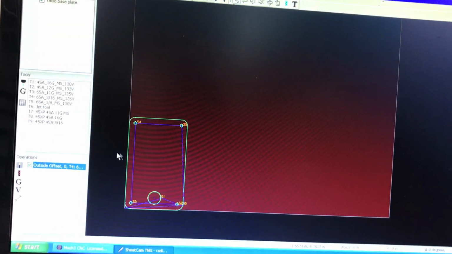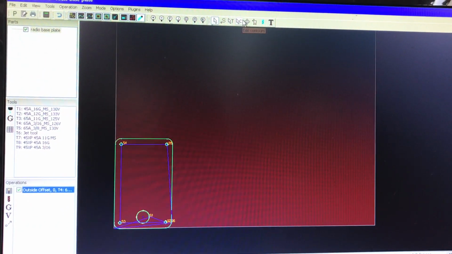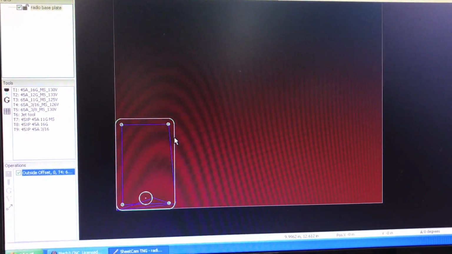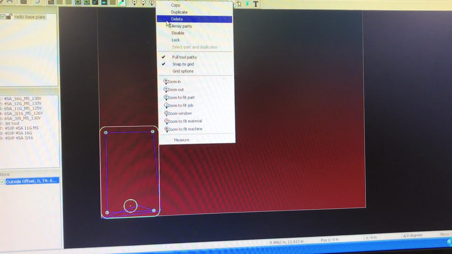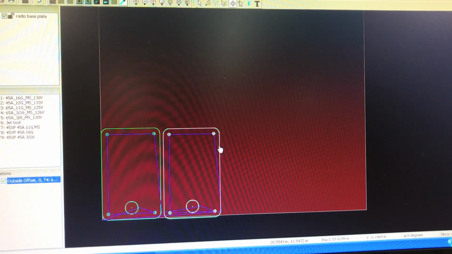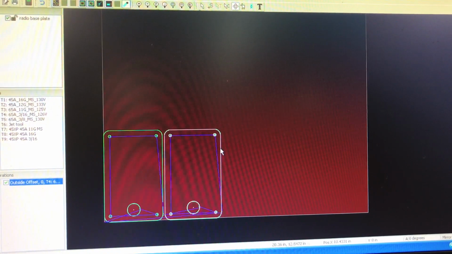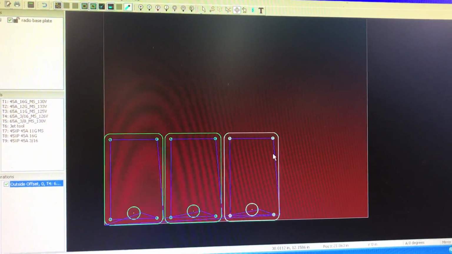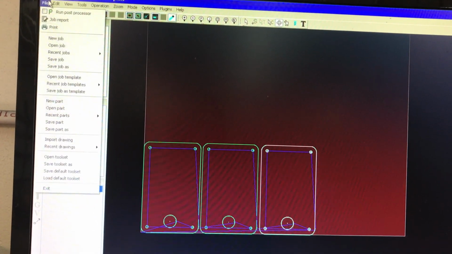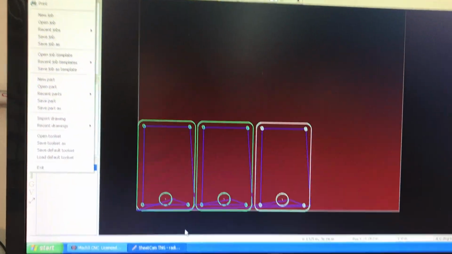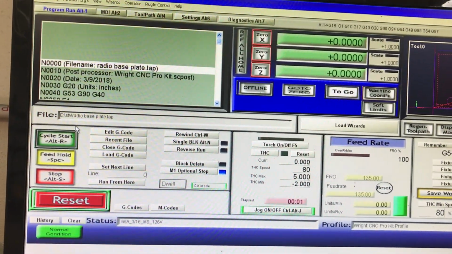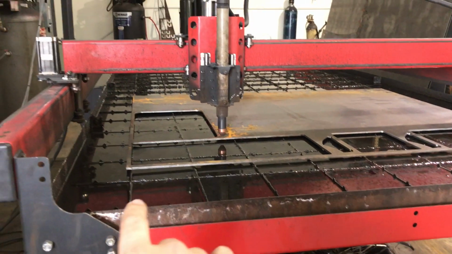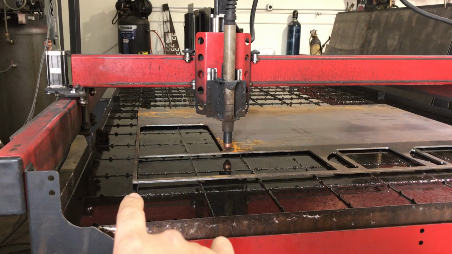And what I would do in SheetCam is I would go up over to my nesting tool. This is right here. I right click on the part and I duplicate. And I can go ahead and duplicate that part right next to it and do multiples here. So duplicate that again. And then I'll process this as a G-code. So I'll go File, Run Post Processor here, and then import it into Mach 3. And then center it out on my table, or zero it out to this bottom left-hand corner here, and have